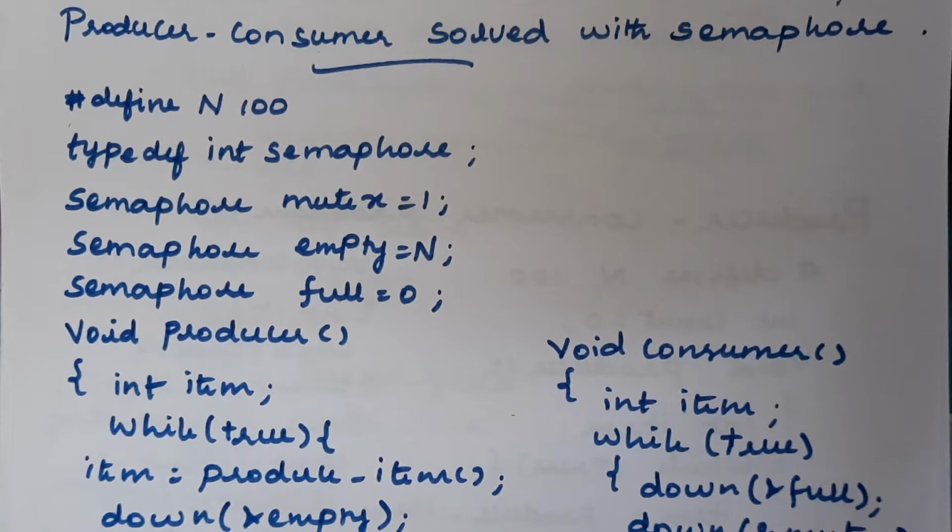Suppose in the case of the consumer, there is a divisible set of operations, which means there is no atomic execution of all the instructions that we are executing separately for the producer as well as the consumer. If you have some three instructions for the consumer, you have to use one common shared variable, which is nothing but count. So you need to check the value of count. If it is 0, then we can say there are no full slots available in the buffer, that is, on the consumer side.